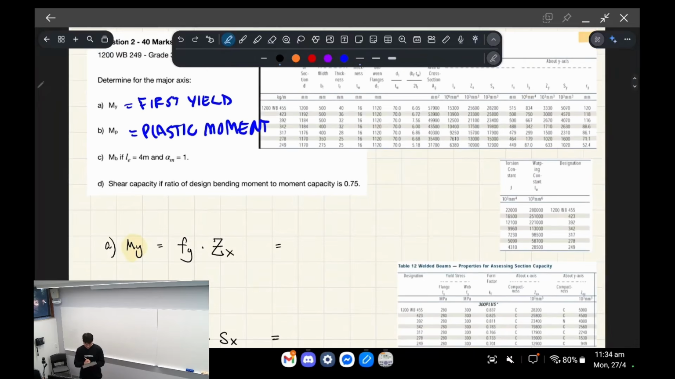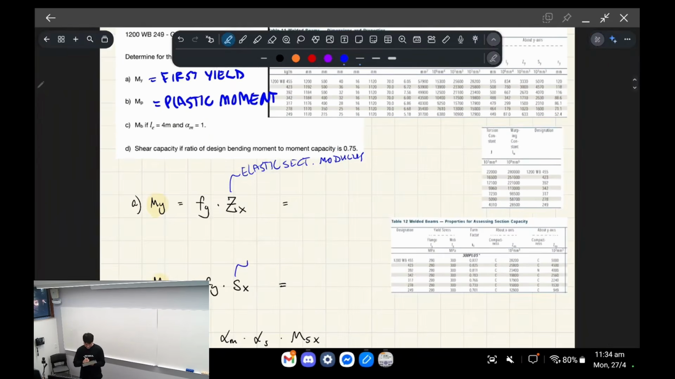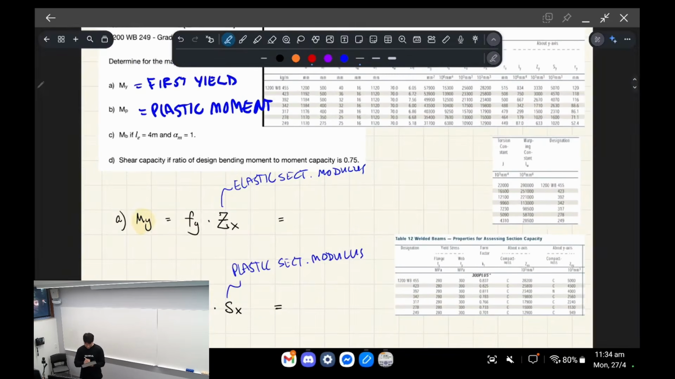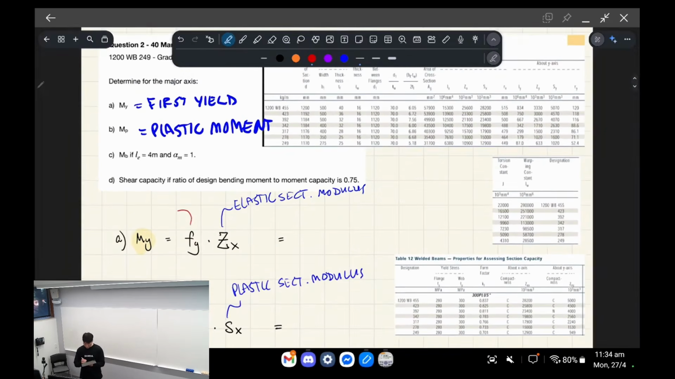So for first yield, the formula goes like this. You've got the yield stress of the steel, and then it's multiplied by the elastic section modulus. So that's the elastic section modulus. And the plastic moment is Fy times the plastic section modulus. Okay, so first of all, how do you get Fy? So if your beam section looks like this